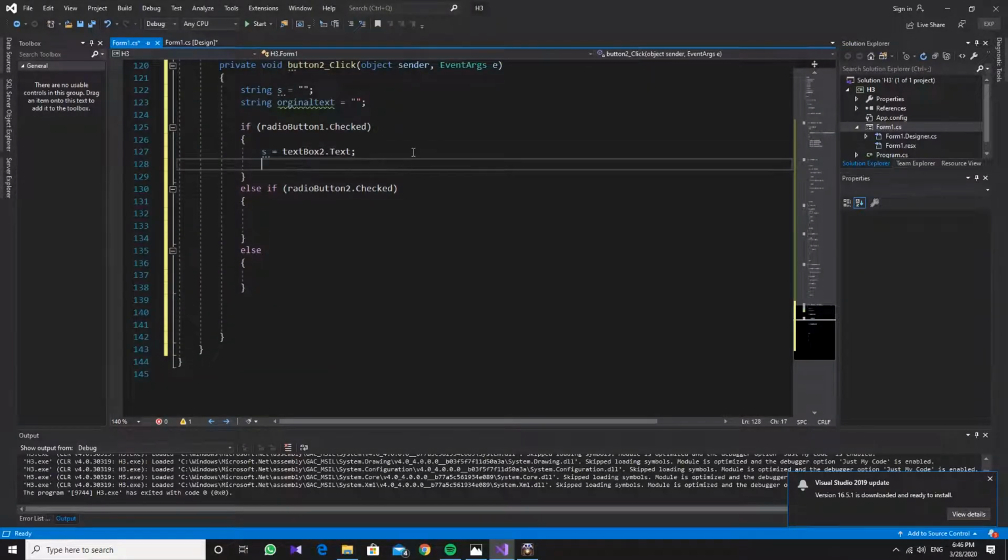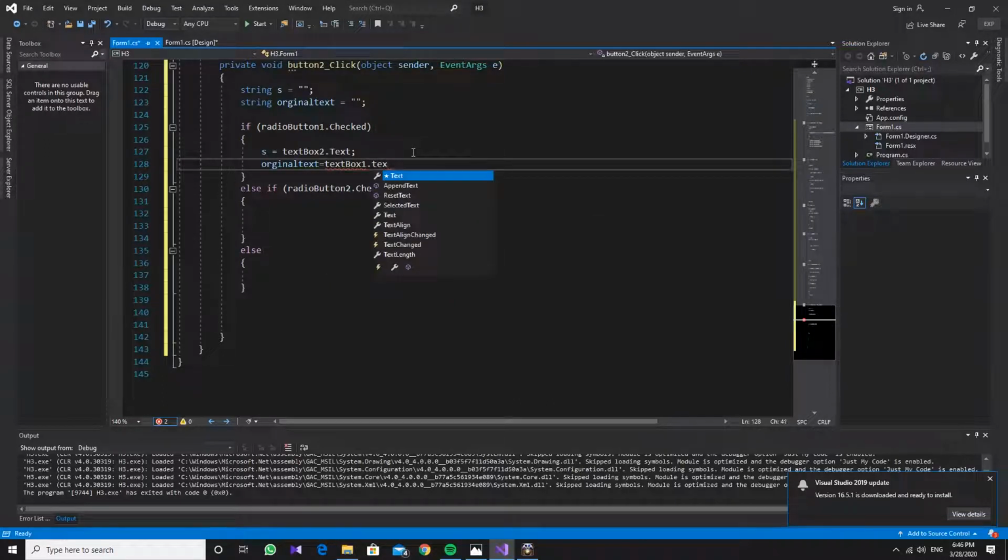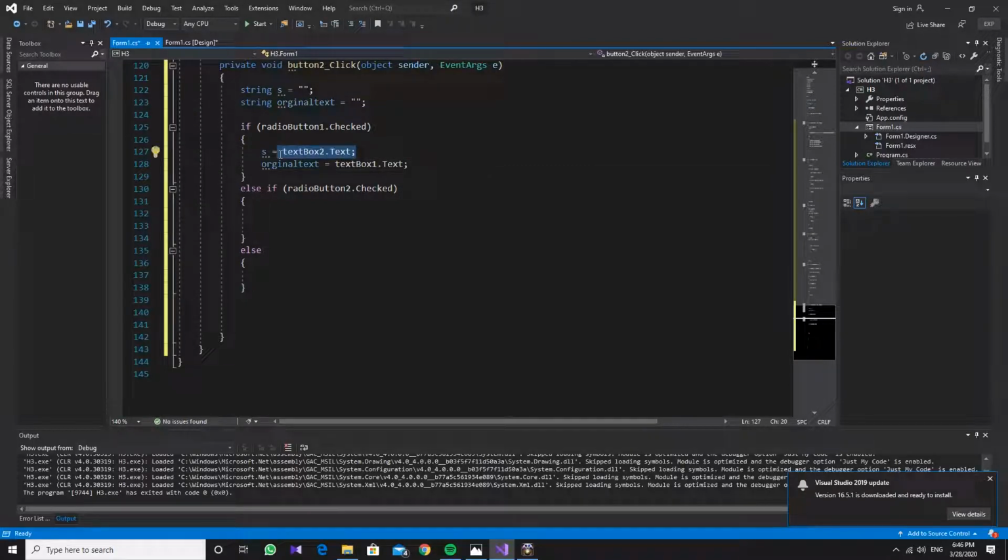And original text will be equal to text box 1 dot text. So I put text box 2 in S and text box 1 in original text. So if radio button 1 dot checked. But if radio button 2 dot checked,